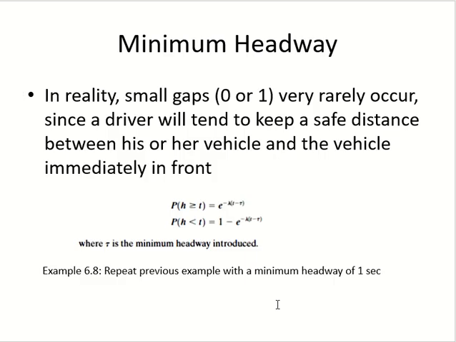Now, the last thing in this topic is the value of a minimum headway. Usually there is a value of headway which does not exist. We call it the minimum headway. What is that? It is the headway which the drivers do not accept in any condition. So that value in your data will never exist.